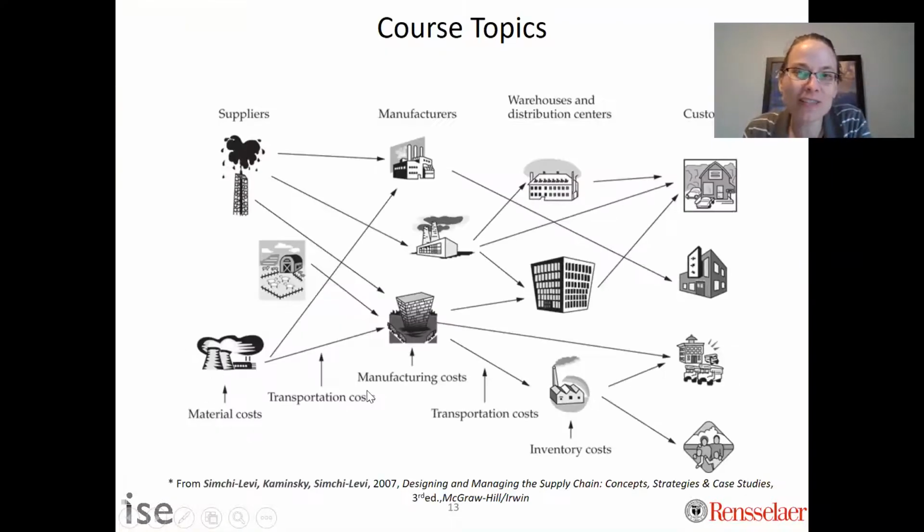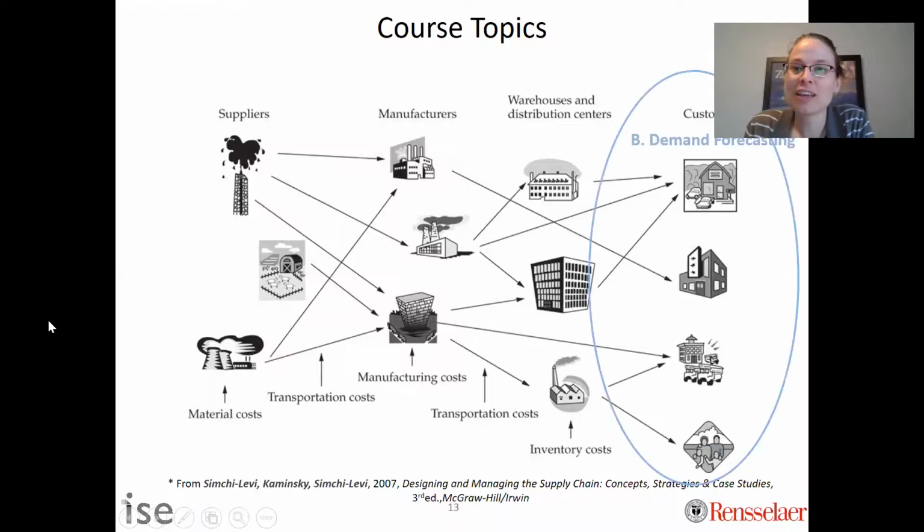As a reminder, if you think about what we talked about this semester, we talked about supply chains, but we first started with demand forecasting. So we looked at the customers and how we can predict what a customer will want. How much will they want? When will they want it? And that was really an application of statistics. That is needed because for any other decision that we made throughout the supply chain, we needed some sort of demand forecast to inform those decisions. So you can think about that.